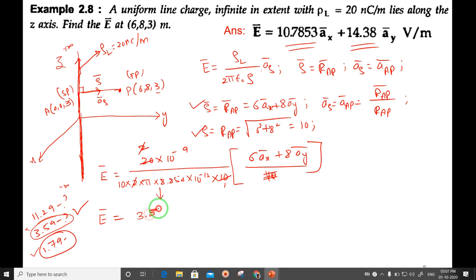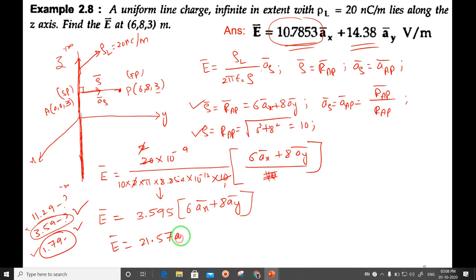Let me proceed with this. But I have to get back because somebody in the morning told we will get 1.79. If it is 1.79, we will get the textbook answer. But I'm not worried, procedure should be correct. I am also getting the same thing, 3.595 into 6ax plus 8ay. So we will multiply and I will write the final answer here. 3.595 into 6, I am getting 21.57. But here the answer is 10.7 something. Let it be.